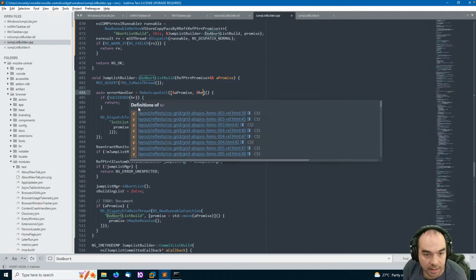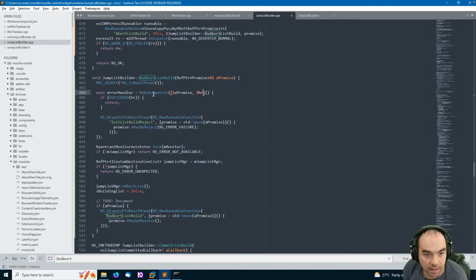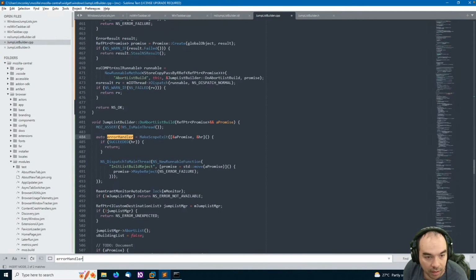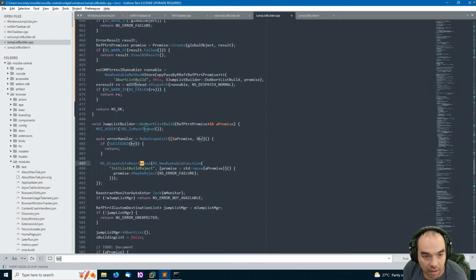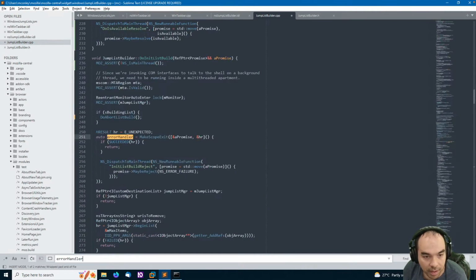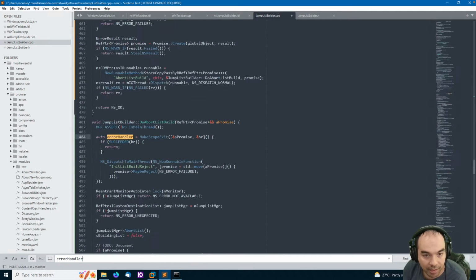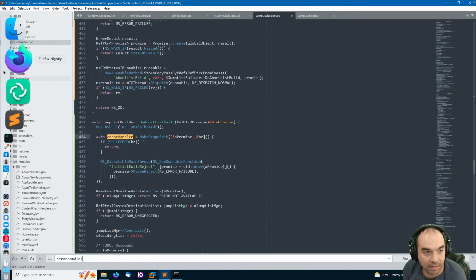What's succeeded? Error handler. Make scope exit. And we pass. What is HR? Make scope exit. I need to remember what that means.